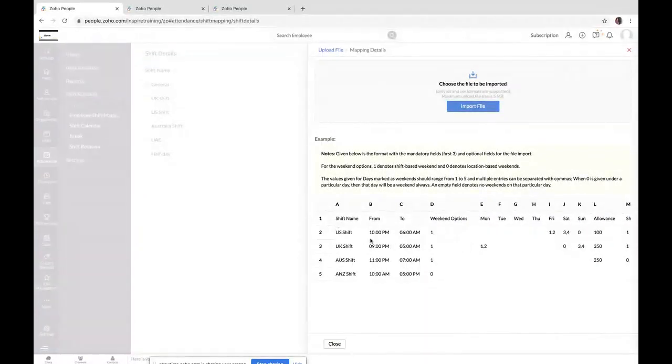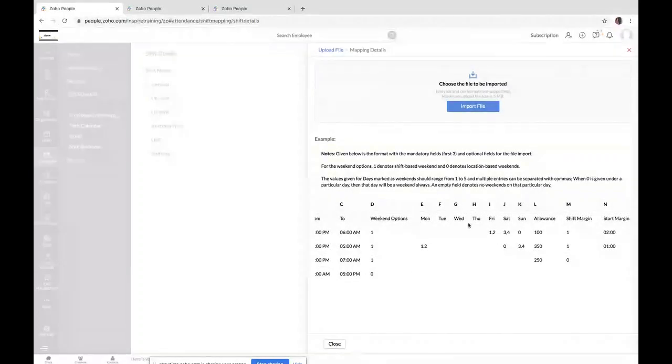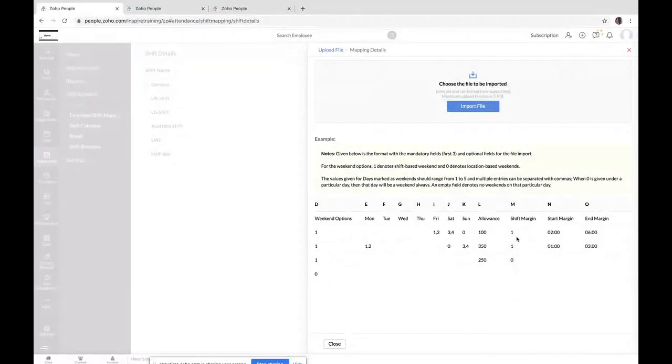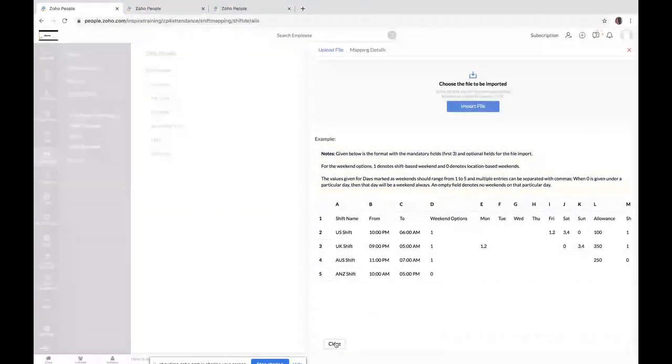So the shift name, the from time, the to time, the weekend options, whether it is going to be a shift based weekend or a location based weekend, and then the exact days where the days should be considered as weekend, etc., and whether you have a specific allowance for the shift, if the shift margin is enabled or not, and if it is enabled, what is the exact shift margin that is to be defined, like how many hours before the shift start and how many hours after the shift end can be provided while giving it in the import.